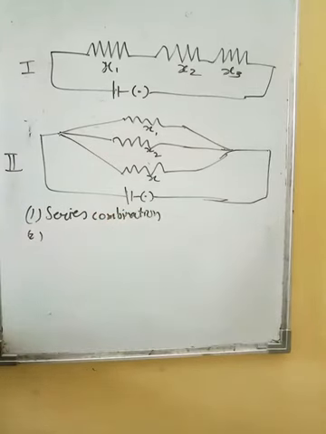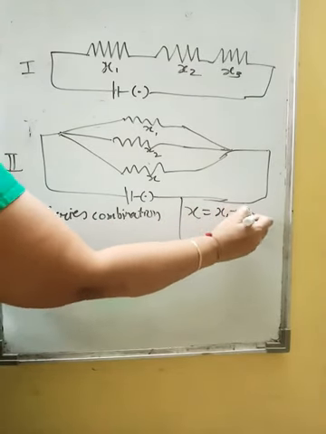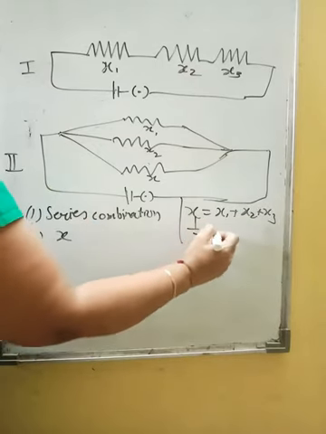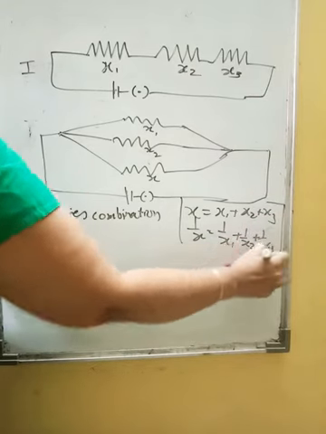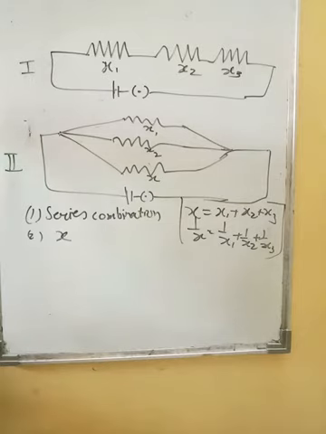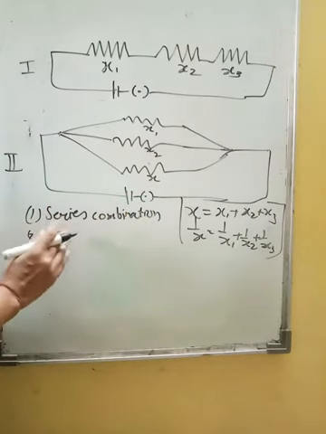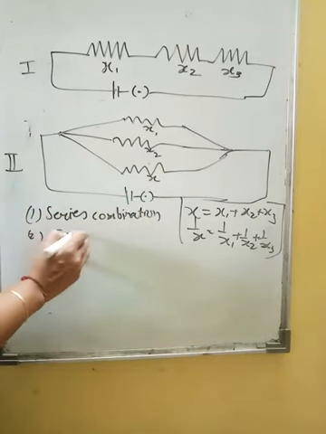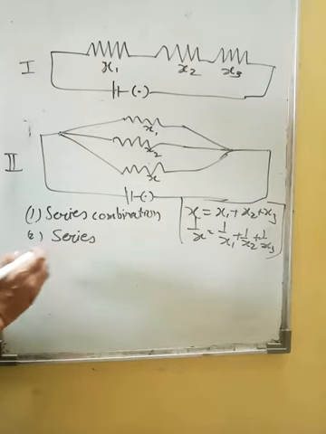Right, now second question. X is larger than x1, x2 and x3. Resultant x. So series में कैसे होता है? Series में you have x is equal to x1 plus x2 plus x3, and in parallel you have 1 upon x is equal to 1 upon x1 plus 1 upon x2 plus 1 upon x3. Right? This is the effective resistance. So what you want, x to be larger than x1, x2, x3. तो किस में होगा? Series. Again in the series, because series it gets added up na. So second answer is also series combination.